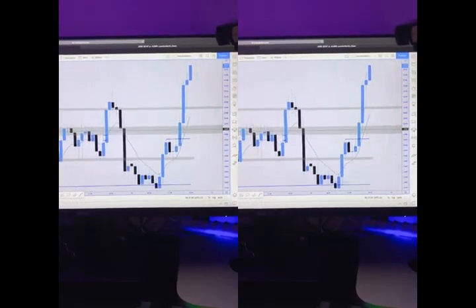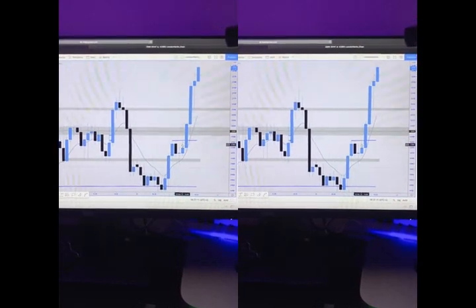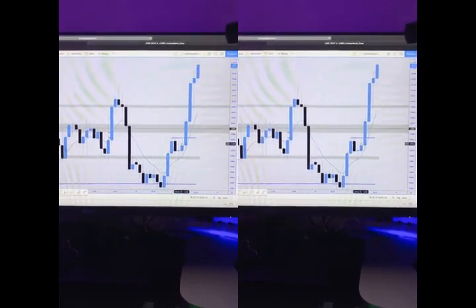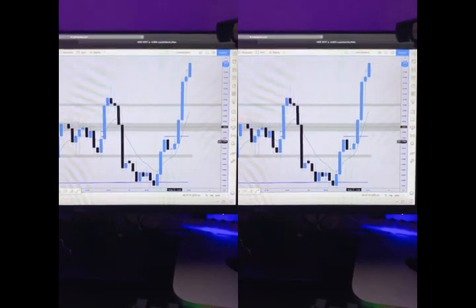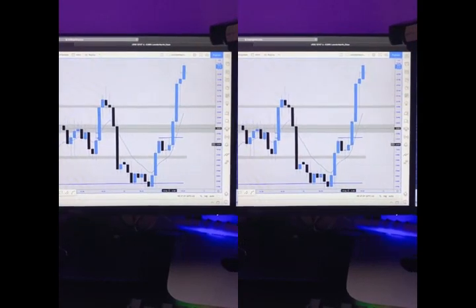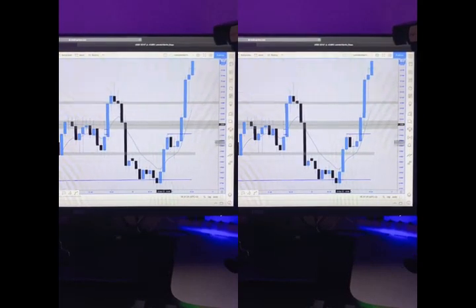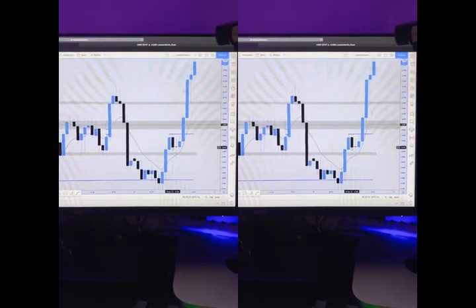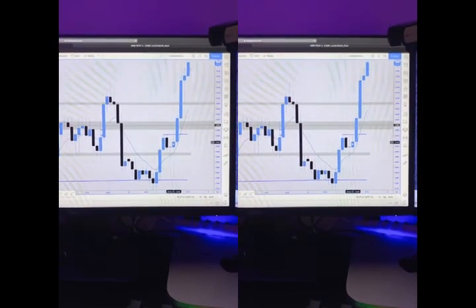And over here I was then able to catch the buy. However, when I caught the buy over here, I basically closed. As soon as I closed, the market shot up with that one candlestick. So it shot up with that one candle. So remember that I got stopped out on this move. So that was the first loss I had, and I came in with my buy over here. Immediately after buying, I closed my